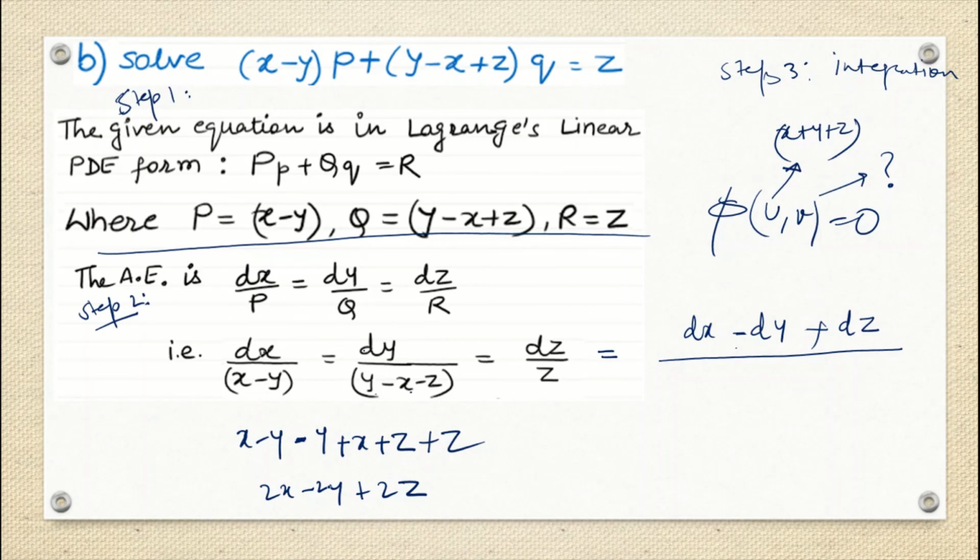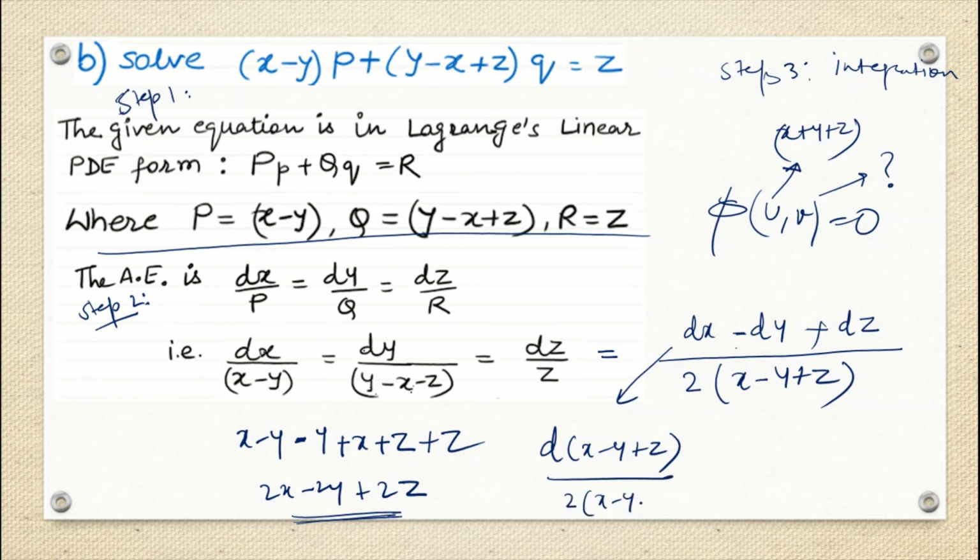So one way you can think of is just the addition of these three things. That means the multiplier will also work, but here I will write it in this fashion, and then we'll see whether we get the answer. I take 2 common, so this is x minus y plus z. Again I use the linearity property, and I can write d(x minus y plus z), the same as dx minus dy plus dz, over 2 times (x minus y plus z). And then I group the dz by z, which is the easiest term.